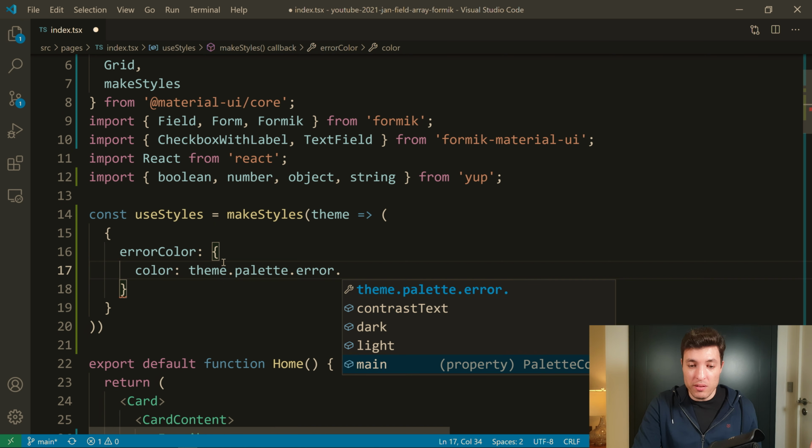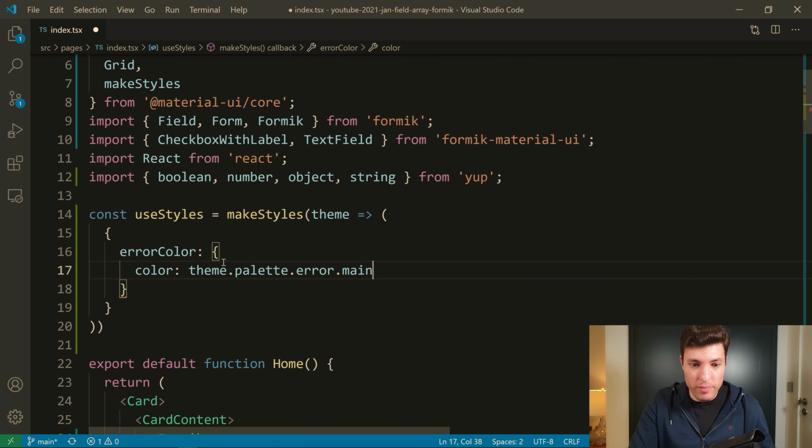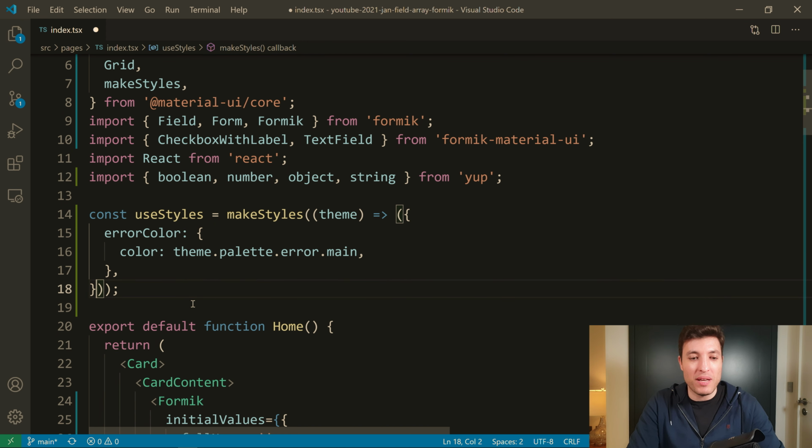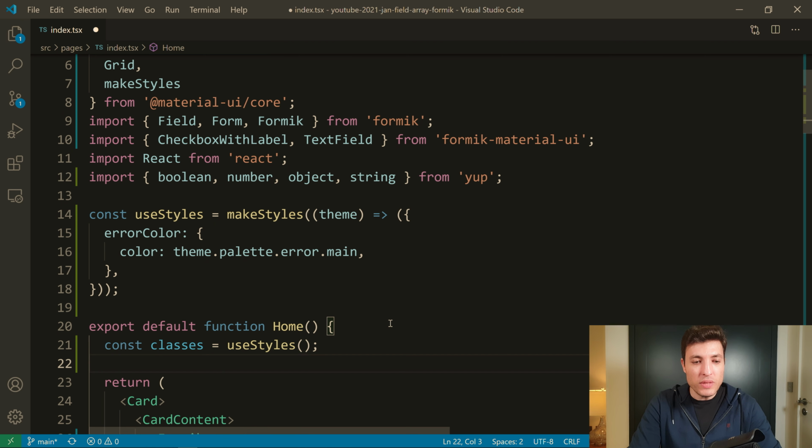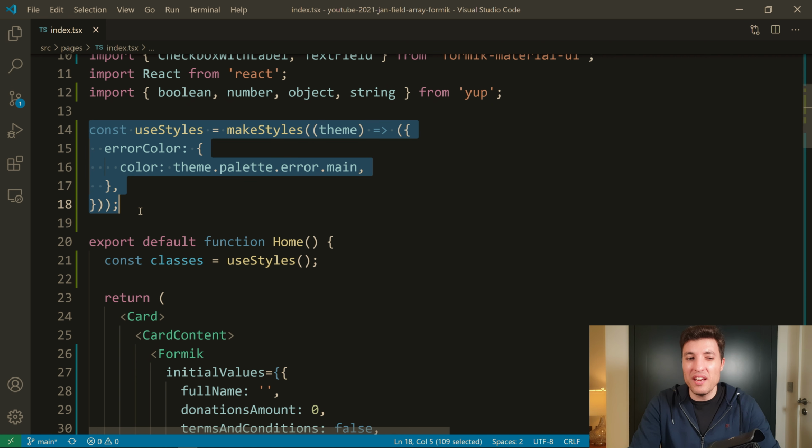The one I want is the main color for the error, right? So if I format this code, it looks slightly better now. So what we need to do is just come over here to our component and do classes equals useStyles. So this slight bit over here will be deprecated in a few months, let's say 6 months, 8 months